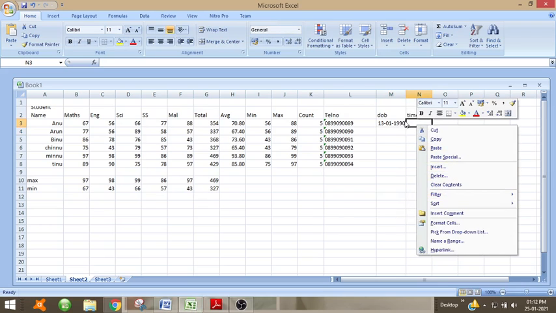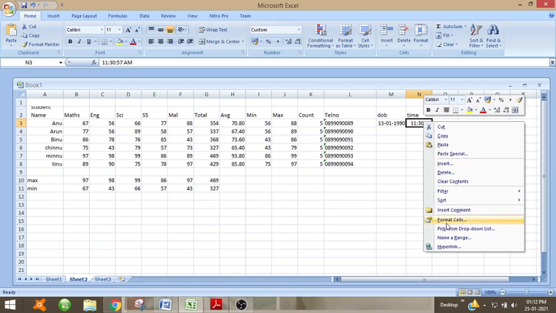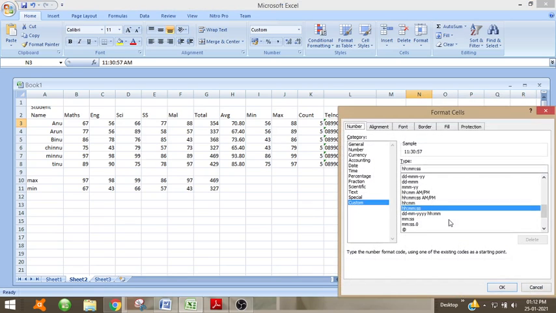So we will display the time as 11:30:57 seconds. We can give the time by going to Format Cells, right click and go to Format Cells. You can select any of the time formats, whether it is AM or PM.